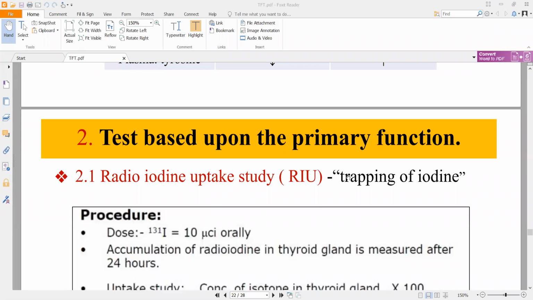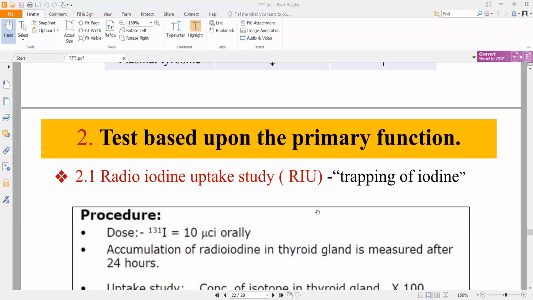If you remember, there was a person called Madame Curie who worked with radium and who was the first person to discover radioactive elements, right? She got a double Nobel award. She was the first lady to get a double Nobel award, right? Now, coming back to our topic, micro CI that you see is micro Curie. So that is the dose of iodine that you administer to the patient.